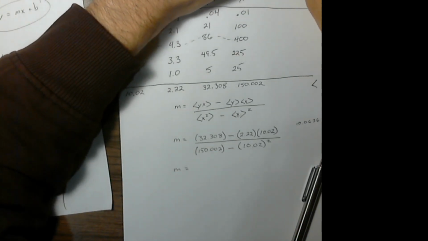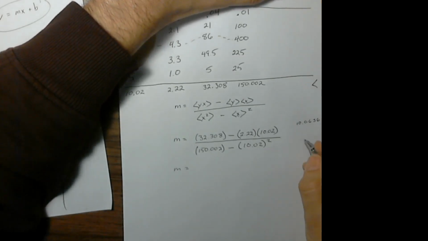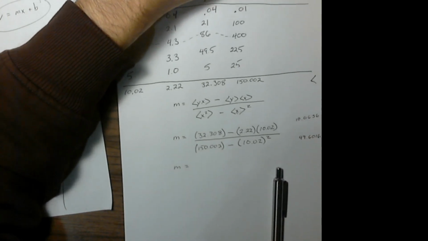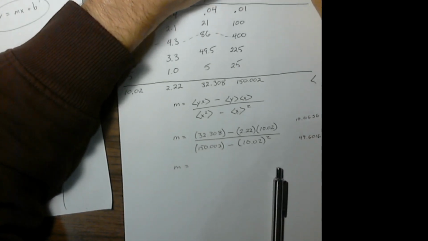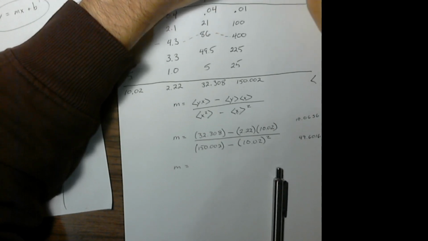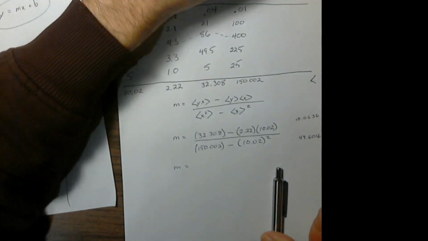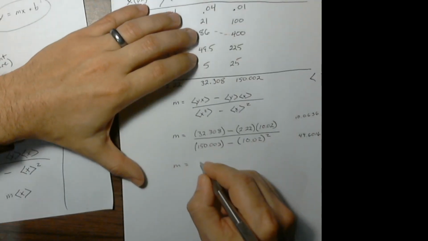All right, and here is my denominator. So, .0636 divided by that is about